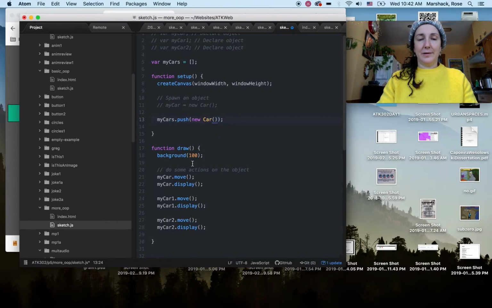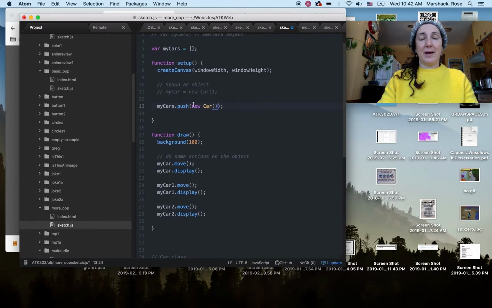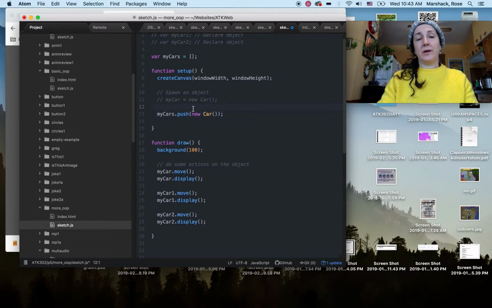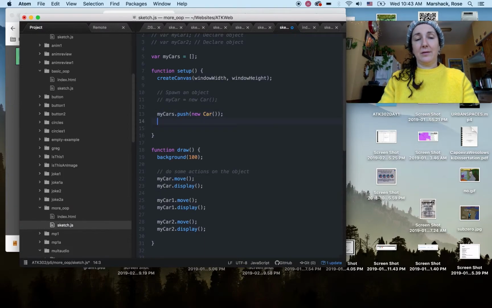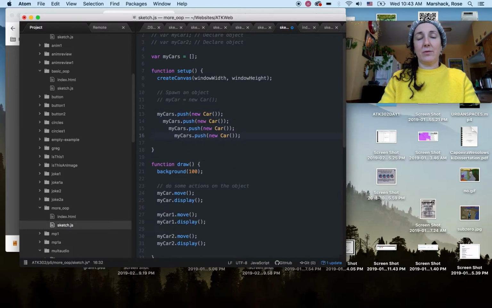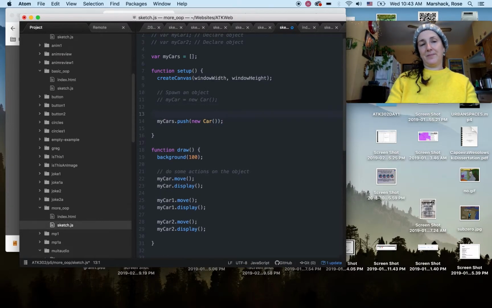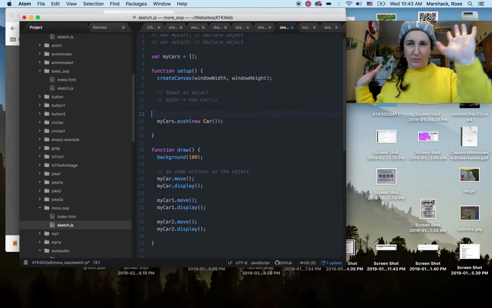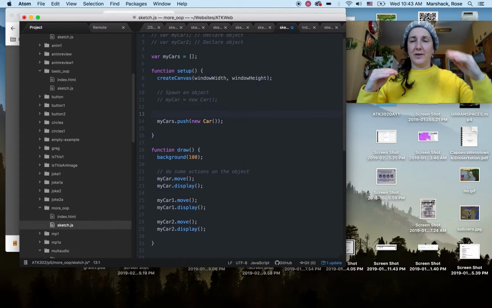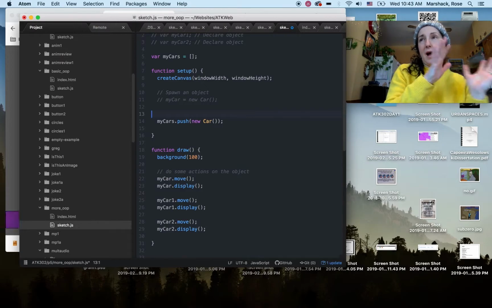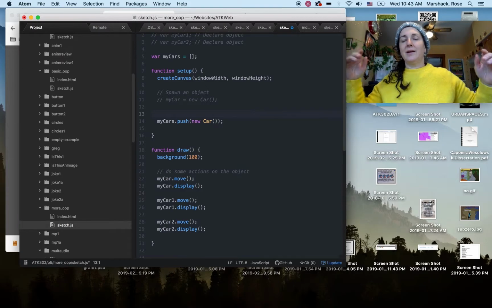Pretty cool, huh? So now here, I'm adding, oh, that'll push 1 car. So if I repeat this like 3 times, I'll push 3 cars onto this array. There's another car, there's another car. Well, I'll just have to do this 100 times. I'm not going to do that though. What I'm going to do is I'm going to use a for loop. And I showed this in class. We haven't gone over for loops yet. But what a for loop does is you can do for i equals 0 to 100, it'll do the for